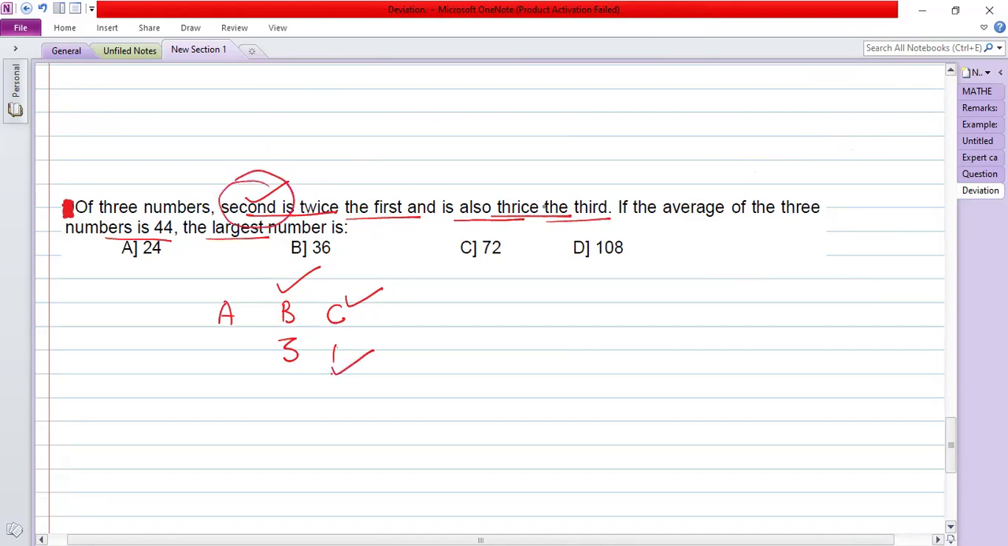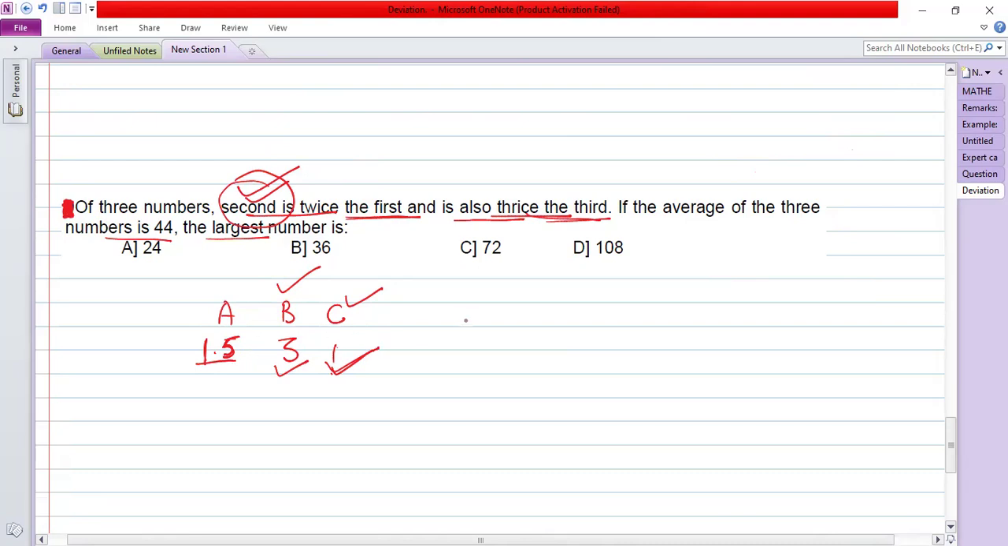Okay. It must be thrice the third, meaning if C is 1, then B, the second number, will be 3. Now, the second is twice the first. So I must take A as 1.5. Only then it will be